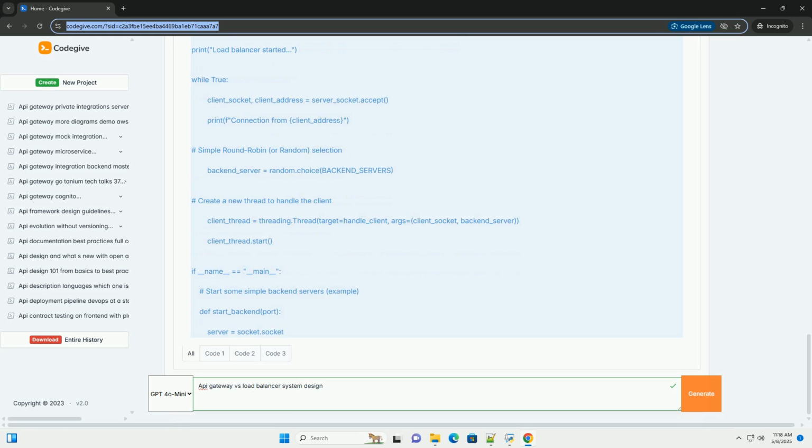2. API gateway, simplified Python example, using Flask. Explanation: Flask framework: uses Flask, a lightweight Python web framework. SERVICE_A_URL and SERVICE_B_URL: configuration variables that hold the URLs of